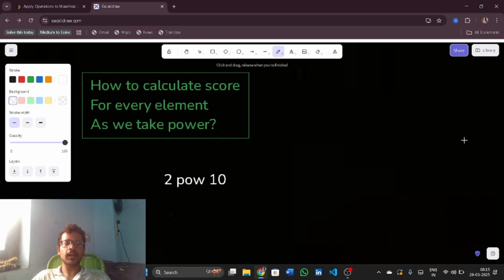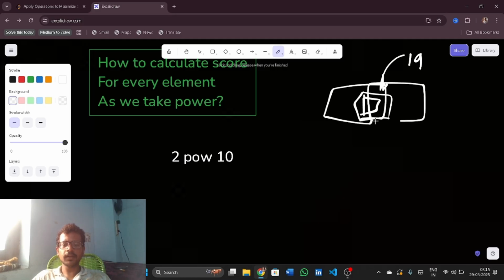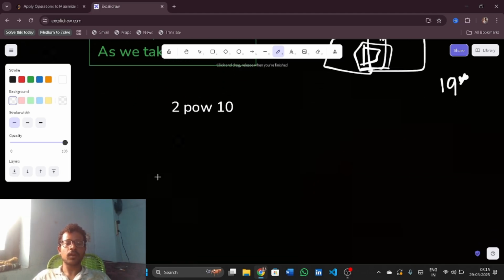Now, how to calculate the score for every element as we take power? As I said here, it would be something like element of 19, and I am considering the number of subarrays like here, and I would take 19 into something like power. But here, how do I calculate 2 power 10? Now, how to write 2 power 10? I would write 2 power 10 as